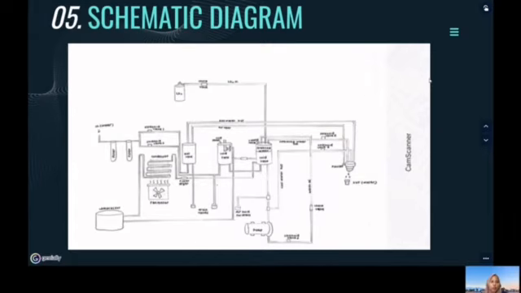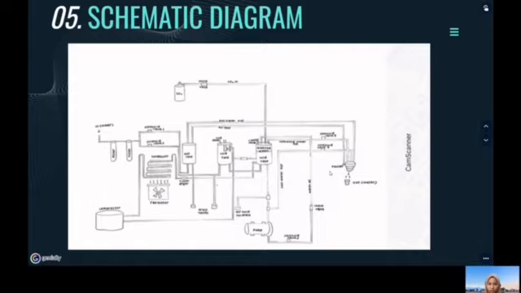So I will present the schematic diagram for the water cooler system. So here we have water in and also two filters here, and here the water will separate into two ways, either to solenoid valve 1 or solenoid valve 2. If the water is going through solenoid valve 1, the water will get into the hot tank. In the hot tank we have a heater. After that, the hot water will go through and